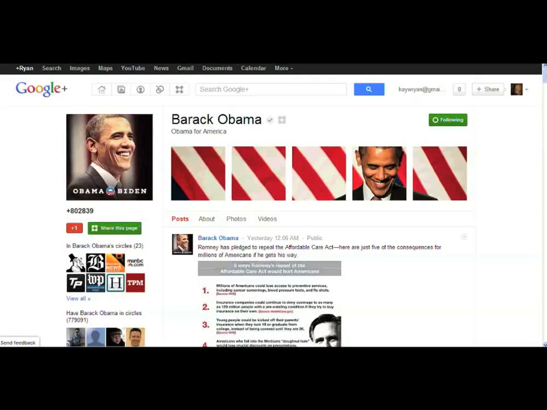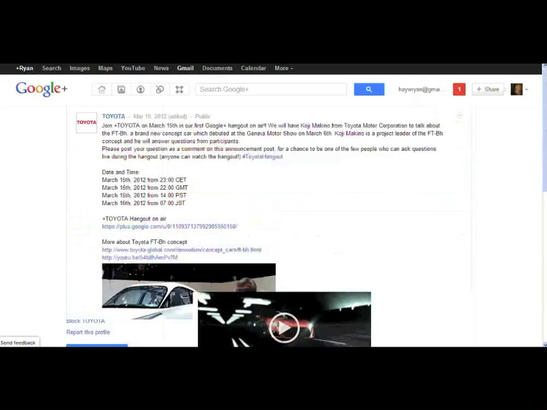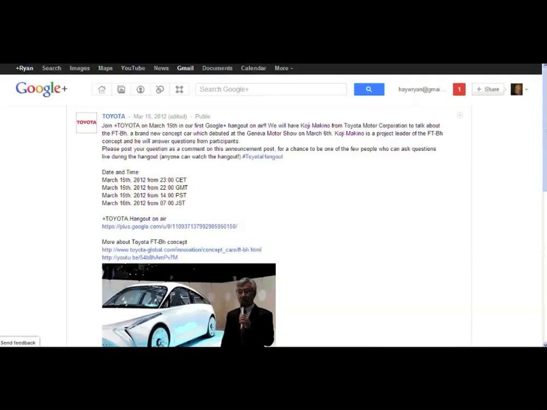Now, I also wanted to show you the Toyota example because it's not just about the page itself. The page design is important. Posting content is important. But I would say to use Google+, you should really be thinking about how you can use this platform uniquely. So that Hangout example that I showed you earlier, I want to show you a few examples of brands and celebrity types using that. The Hangout is a great way for you to have a sort of face-to-face conversation with customers. If you think about the way that you engage through social networks today, it's pretty much just through text and maybe through photos. But the Hangout adds a new video-based way for you to do this.